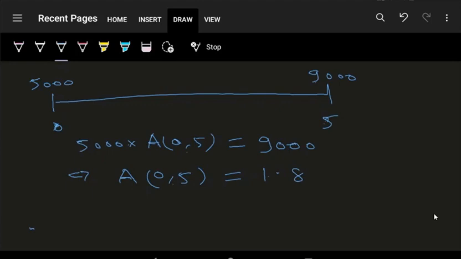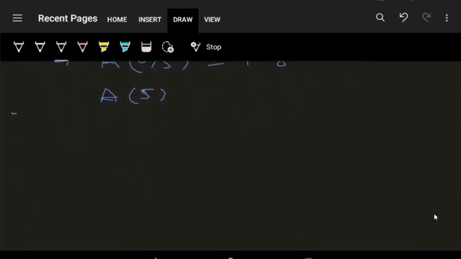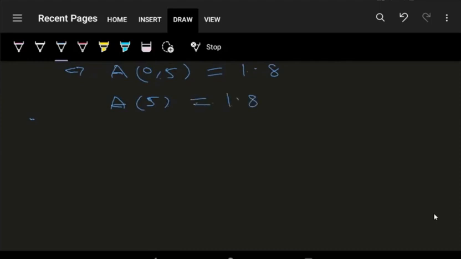For the simplicity of notation, we generally do not write 0 and directly write it as A5. So these two are the same thing. A(0, 5) can be simply written as A5. We ignore the 0 for the simplicity of notation. So A5 is 1.8. So we can say that we earned an interest rate of 80% per 5 years. You see, the factor came out to be 1.8. In this 1.8, 1 is the capital and 0.8 is my interest amount that I've earned. So 0.8 upon 1 gives me 80% interest over this 5 years period.